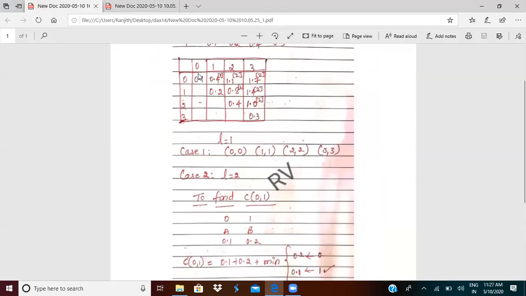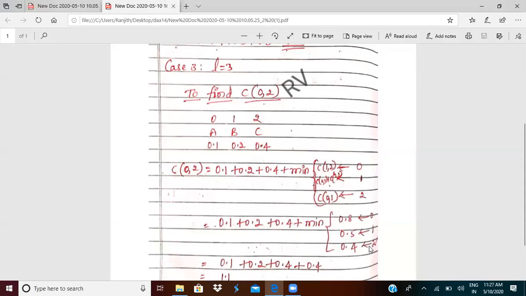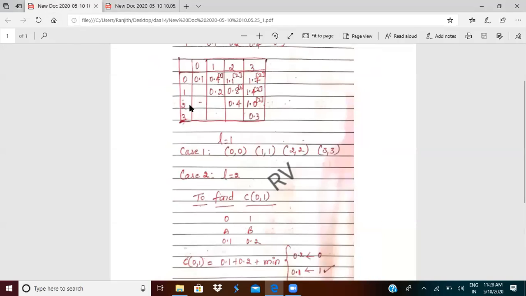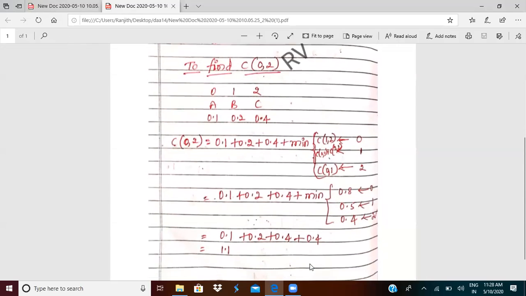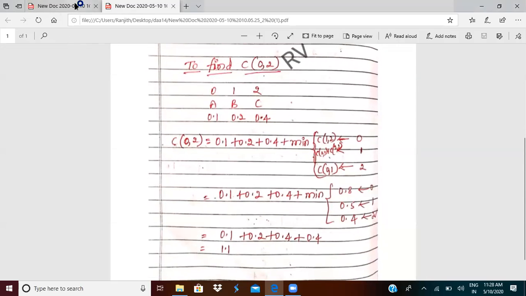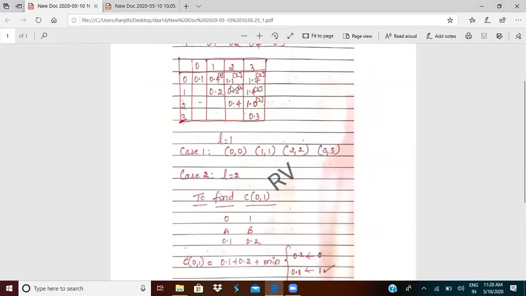It is 0.1. 2 comma 2 is 0.4. 0.1 plus 0.4 is 0.5. And for 2, you're going to take C of 0 comma 1, which is 0.4. Which is the minimum among these three? Minimum is 0.4 and that is because of 2. Now if I sum up these values, I'll get 1.1 ultimately. And that is what I have filled here.